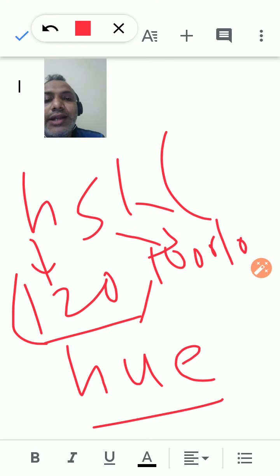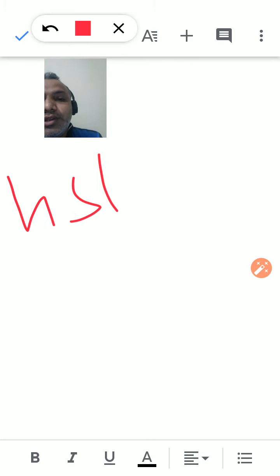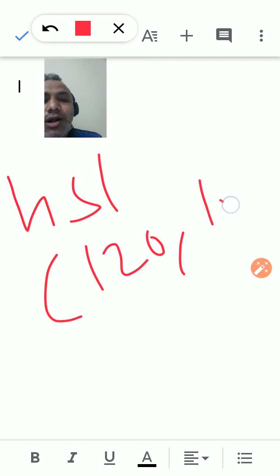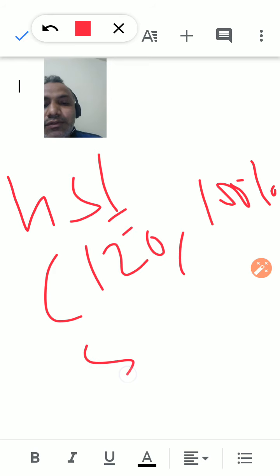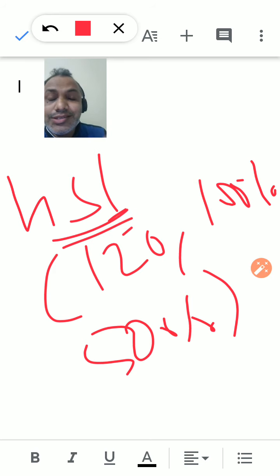And L is lightness: 120, comma, 100, and then comma, lightness, we can take 50%. It means I have the green color with 50% lightness, or we can also call it transparency. So that is another color mode, HSL.